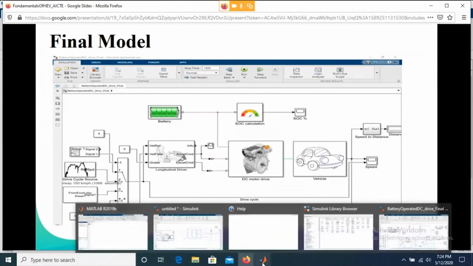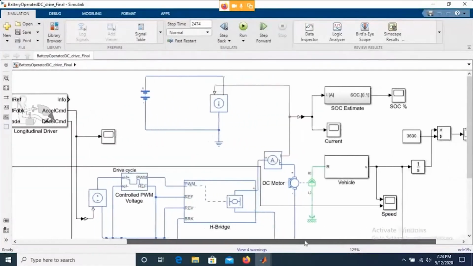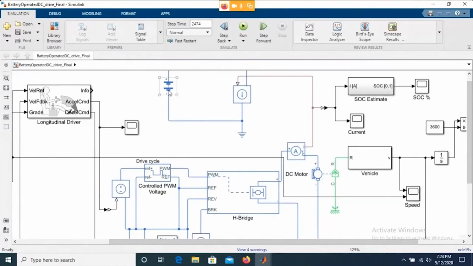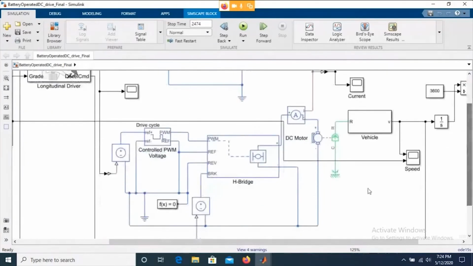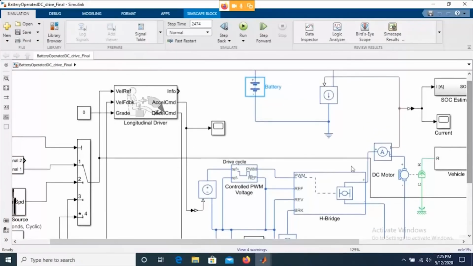So this is the model which I am talking about, and here I have the H bridge connection. Here is my battery, and here is how the driver commands are converted into control signals, right? The acceleration command goes to the PWM signal over here. This is a controlled PWM voltage source, and this is exactly the gate driver, right?